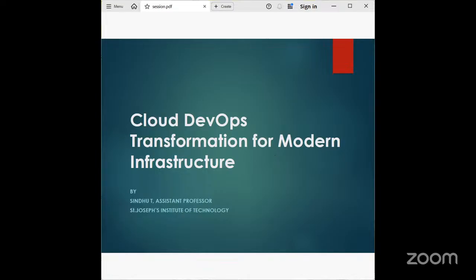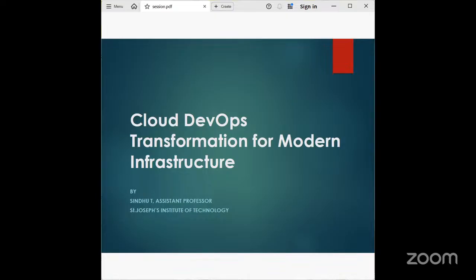Okay. So, the IT landscape is changing rapidly. The way we build, deploy, and manage software is fundamentally different than it was even 5 years ago. Previously, we had traditional IT. Now it's modernized. So the way organizations deliver value is fundamentally changing, moving from slow manual processes to rapid automated systems. This transformation is driven by the synergy between cloud computing and DevOps methodologies.